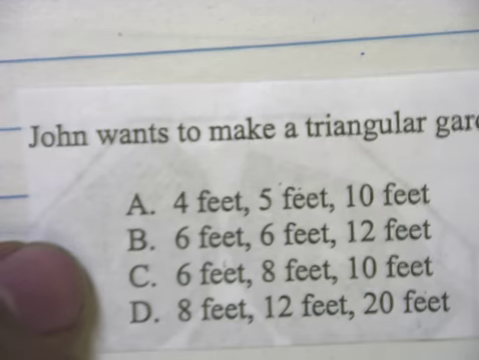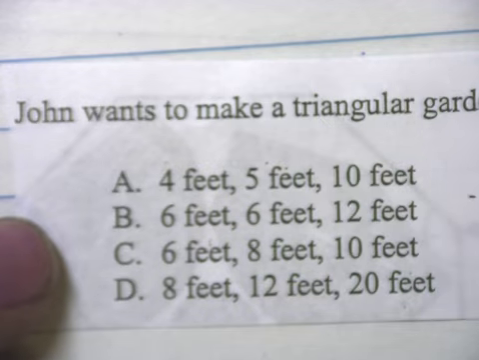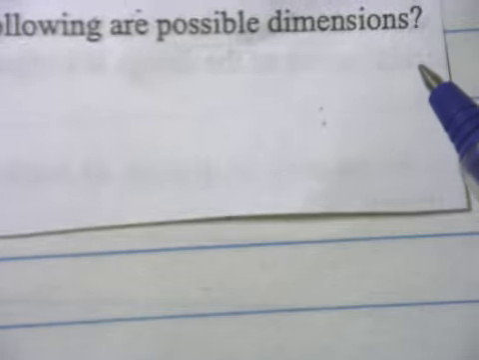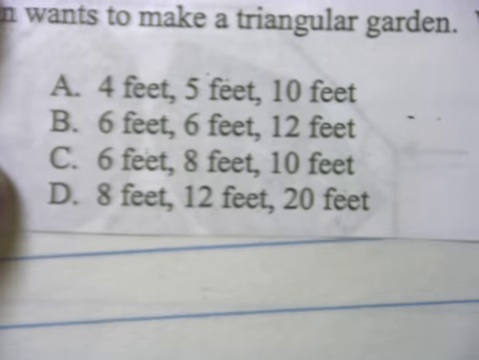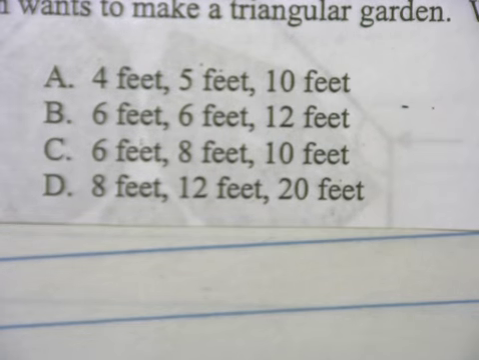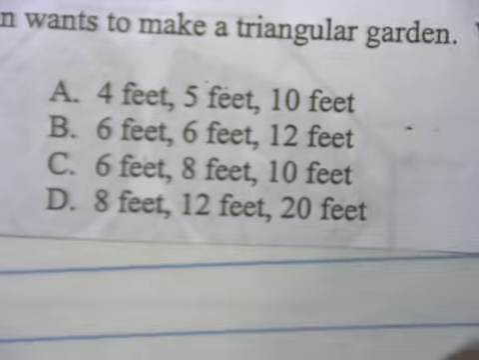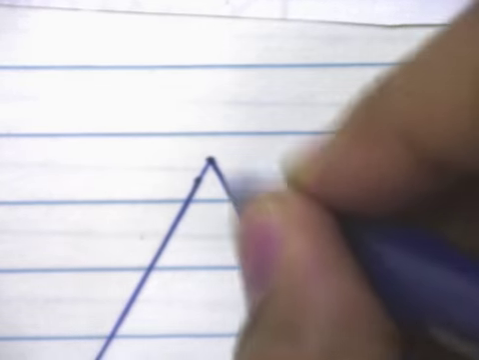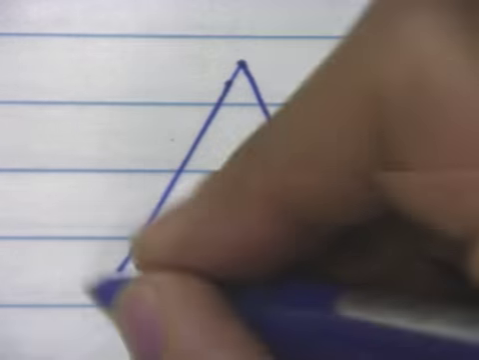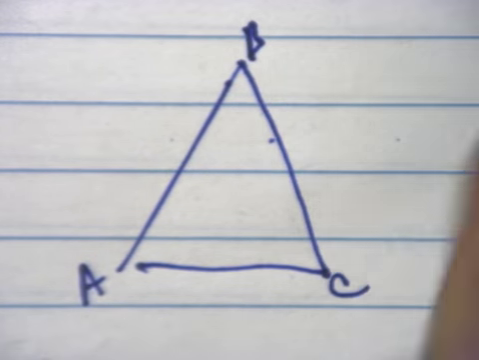And our last question on triangles, on triangles in matching angles and sides. They say, John wants to make a triangular garden. Okay, which of the following are possible dimensions? And they give us a set of dimensions for the triangle. Remember that whenever you have a triangle,